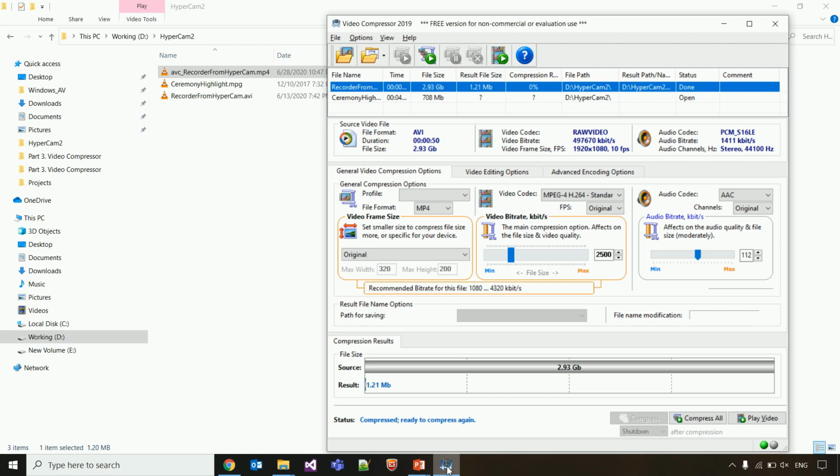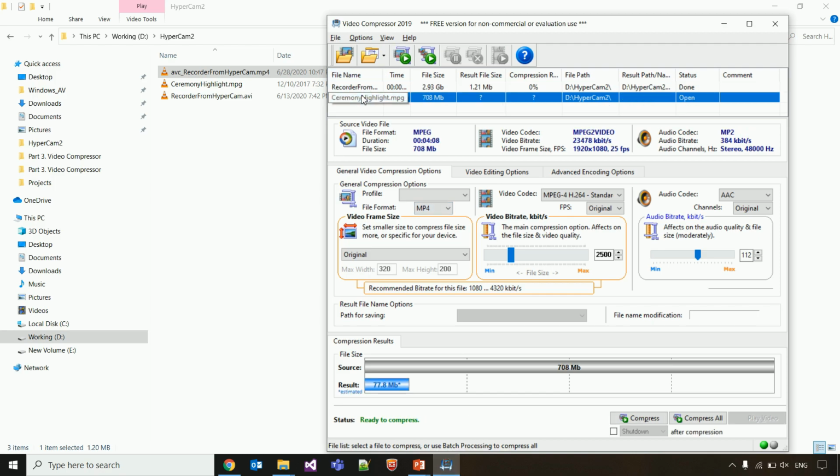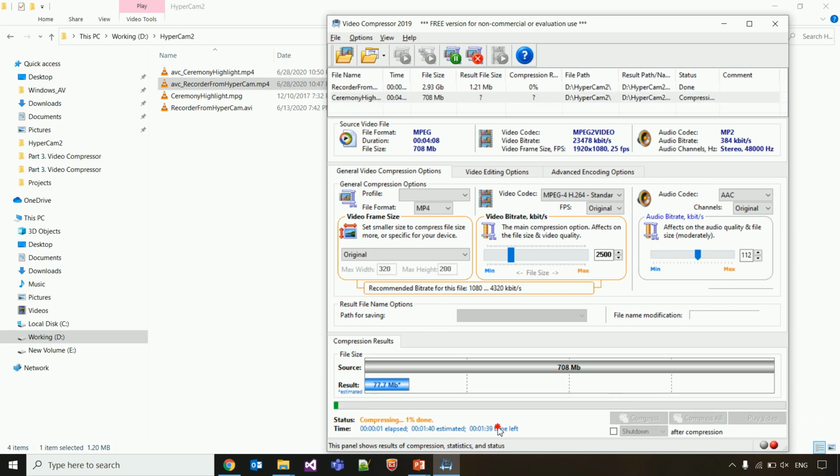So let's do the same on the other file, which is 708 MB. Let's compress it, and after compressing I will pause my screen recording because it is going to take somewhere around 5 minutes, which is longer, but obviously this file was recorded by a professional photographer, who did whatever compression they best could. So everything has been done from their side. It is going to take some time, so let's wait and see how much it eventually processes.